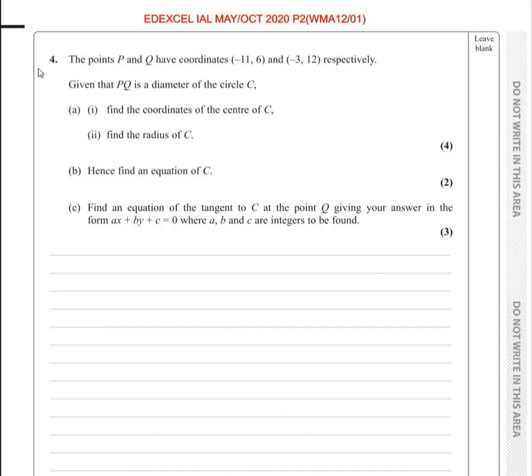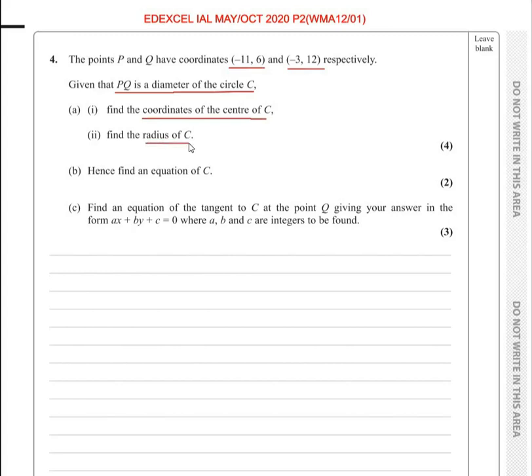Welcome back. This is the fourth question from Edexcel International Advanced Level, May or October 2020 P2 paper. This question is from coordinate geometry in the xy plane. The question states that the points P and Q have the coordinates -11, 6 and -3, 12 respectively. Given that PQ is a diameter of the circle C, find the coordinates of the center of C and radius